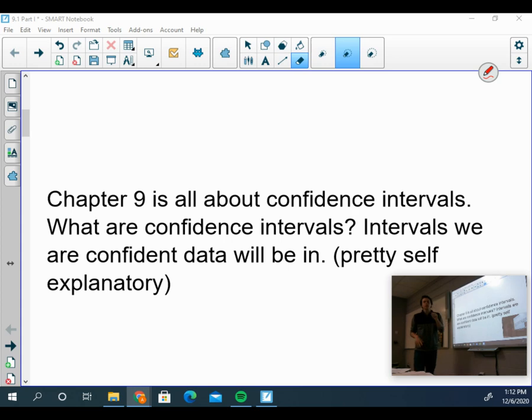We don't have enough money or resources, and it's simply a lot of effort to get population data. Think about me trying to calculate the average length of a trout in that pond, the population mean mu. It's impossible to get all the fish out of the pond and get the exact value for the population mean. So what we introduced in chapter 8 is, instead of trying to find all the population data when that's unrealistic, values such as mu, sigma, all those things, instead, we will take samples and calculate statistics to evaluate or predict the parameters. We're going to take sample data and use it to make predictions about the population.